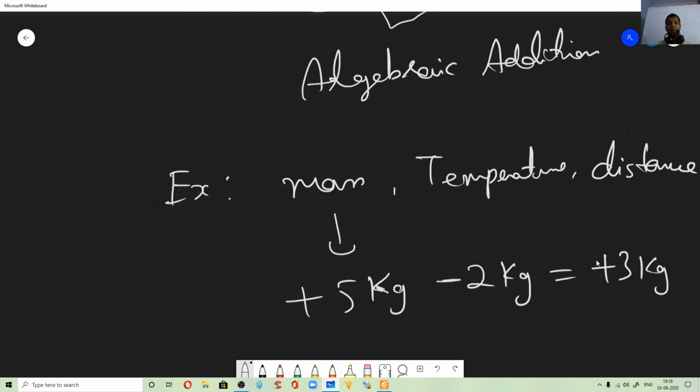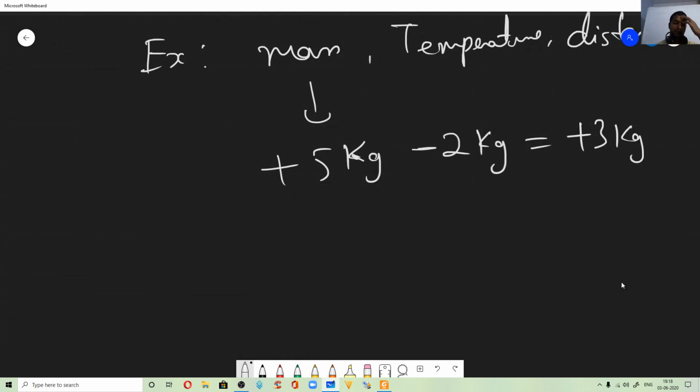Now coming to the simple rules which we need to follow when you are adding, sorry, not vectors, scalars. When you are adding or subtracting scalars, you can add mass with mass. Just now I said if I remove 2 kgs of sugar from 5 kg, I'll be left with 3 kg. So this discussion, these mathematical operations, are purely for scalars. Now what to do with vectors we'll see next.